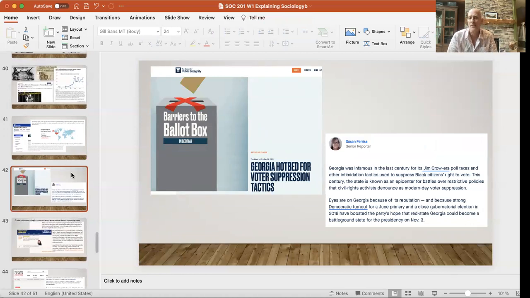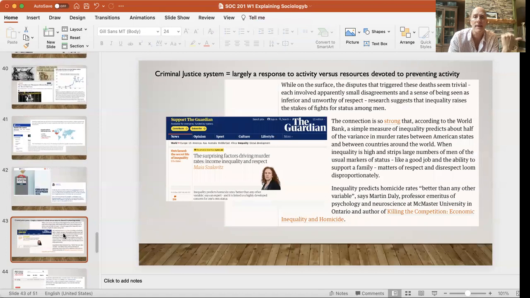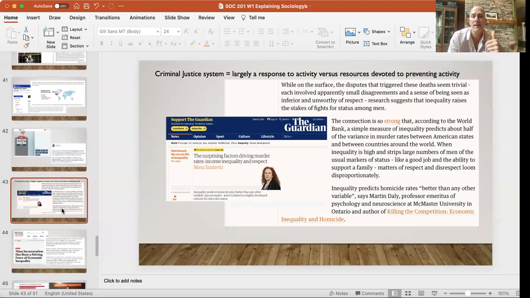Issues like voter suppression and what's gone on in recent years, but you've got to go back to the past, looking at a long history of voter disenfranchisement, and that's about political power and control. Criminal justice system, a lot of data, empirical evidence identifying that degrees of inequality matter. The greater inequality within a nation, the greater likelihood of certain types of crime within those communities. So crime policy measures is addressing inequality.